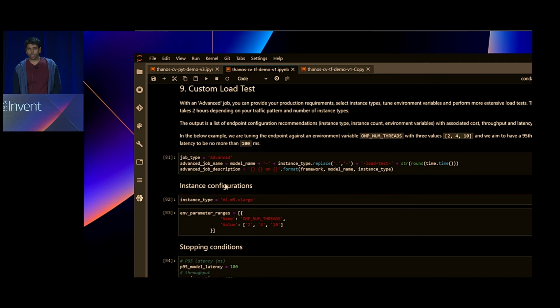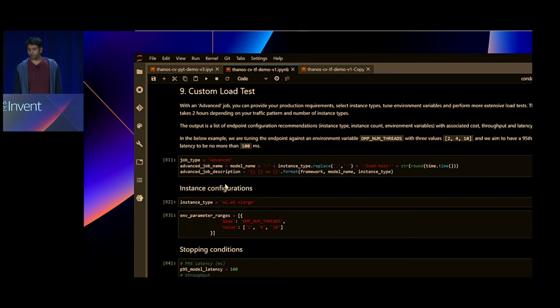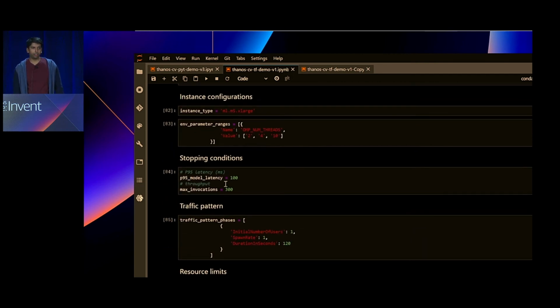So that's basically the getting started initial instance types you can get from SageMaker. It doesn't require a lot of inputs, and it's pretty quick to kick off either from Jupyter Notebooks or from Studio. I also want to take you quickly through the custom load test feature. So with Inference Recommender, let's say you're already used to using Locust or JMeter or the various other load testing tools out there. You can have the same level of customizability with Inference Recommender for your load tests, and be able to gather all your metrics from CloudWatch, as well as look at the key metrics gathered within Inference Recommender for your load tests.